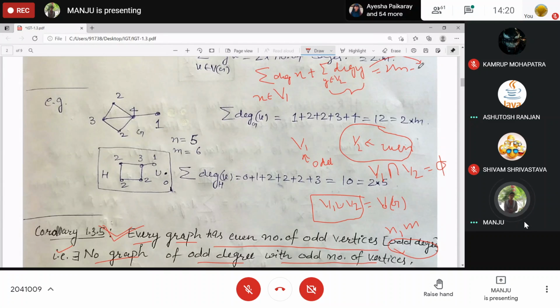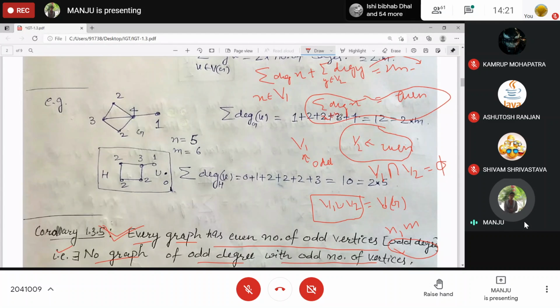So the sum of degree of x for x in V1 is even. Now look at this formula: it is a summation of odd numbers, because V1 contains only odd degrees, and the summation of odd numbers is giving you even.